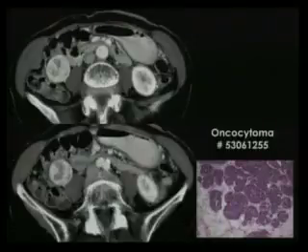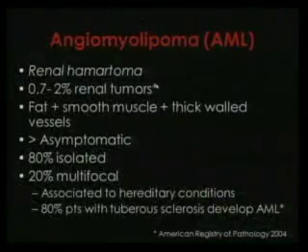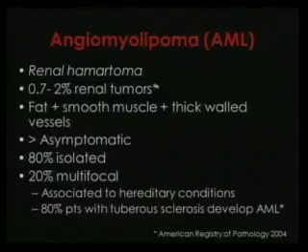This is another example. Look at the pattern. Heterogeneous, well-defined, hypervascular. If I tell you that this is renal cell carcinoma, it can be true. Angiomyolipoma is also uncommon. It's a combination of fat, muscle, and vessels. That's why it's so heterogeneous. Most of them, the diagnosis is incidental. 80% are isolated lesions and 20% are multiple and associated with hereditary conditions such as